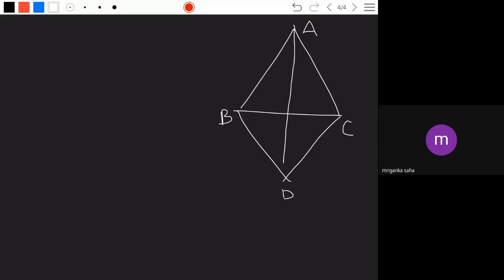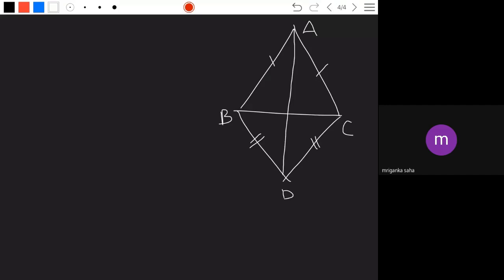So she said that this is equal to this one, and BD is equal to CD, and AD is common in both triangles. Here, what two triangles? Mridanga, you say that. Triangles, sir. Sir, what you said now, sir? I'm getting confused about which triangles should be taken into consideration.